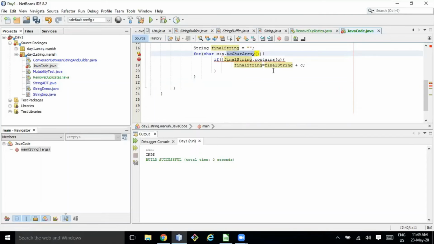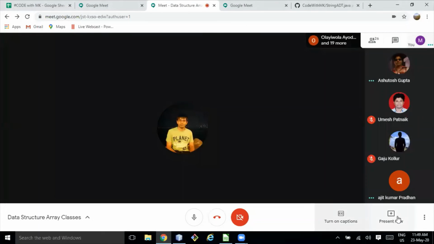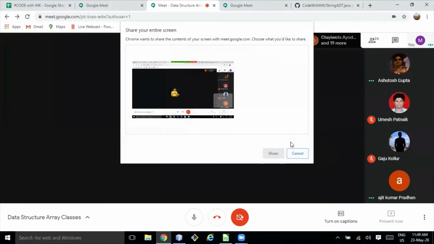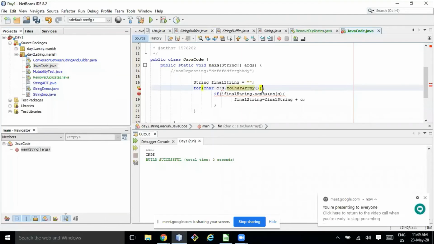So cs.toCharArray, he is looping over the char array. If final string contains C, okay. If it does not contain C, then he is appending it.